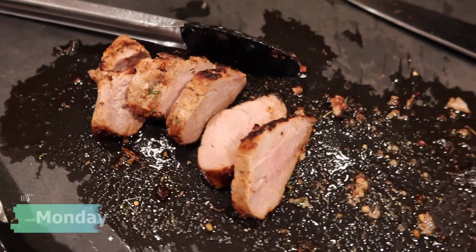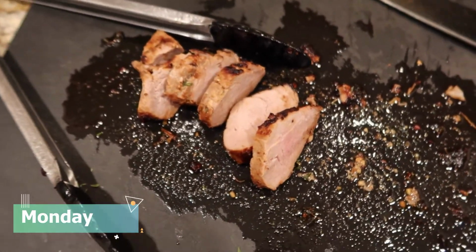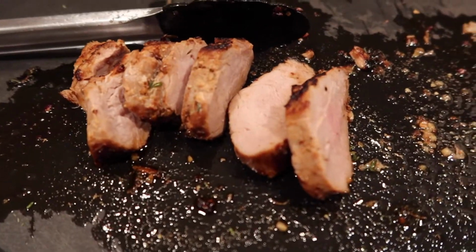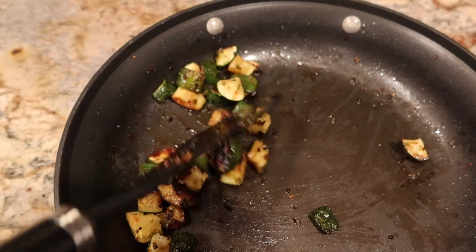Okay, y'all, I'm going to go ahead and apologize because a lot of these did not actually get plated before I started eating, so you're kind of just seeing the leftovers here. But this is the pork tenderloin that Adam put in the sous vide. We love doing it that way. It always turns out super tender and perfect, perfect medium rare temperature, and then he just sears the outside a